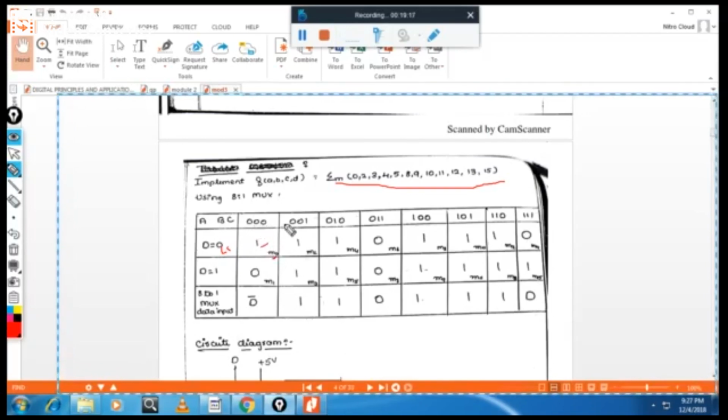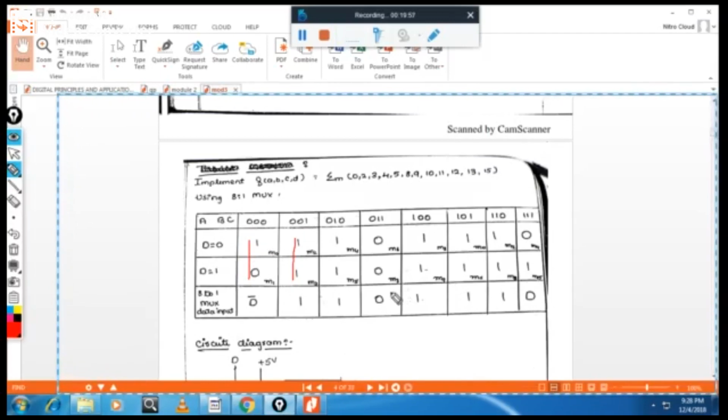Next one is 0, 0, 0, 1. This is M1, this is M2, this is M3, this is M4, this is M5, M6, M7, M8, M9, M10, M11. See, it will not go in this order. It will go something like this. Sorry, it will go like this. 1 minute. It will go from here, here. Once again from here, here, something like this. You can see 0, 0, 0, 0, 0, 0, 0, 1. Next, 0, 0, 1, 0, 0 0 1 1 like this.